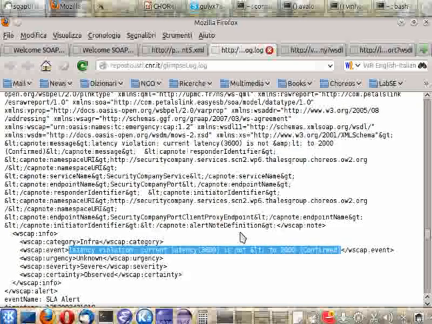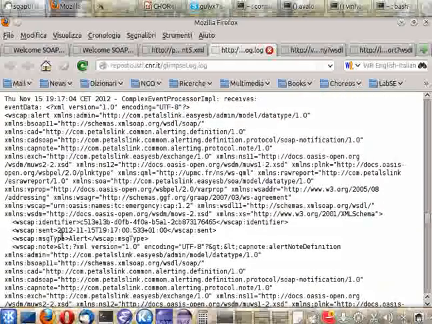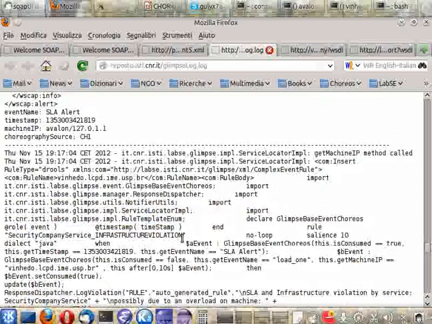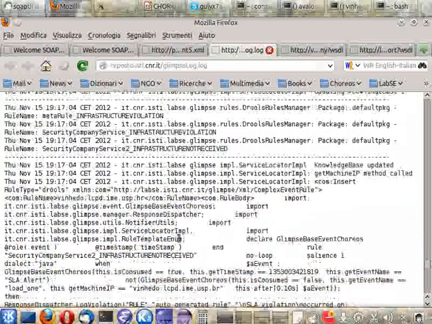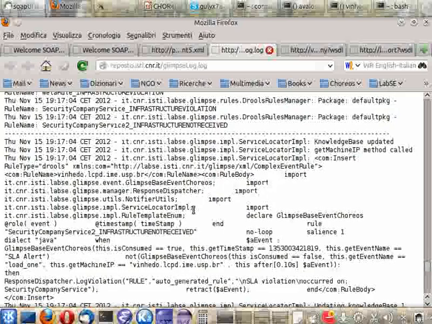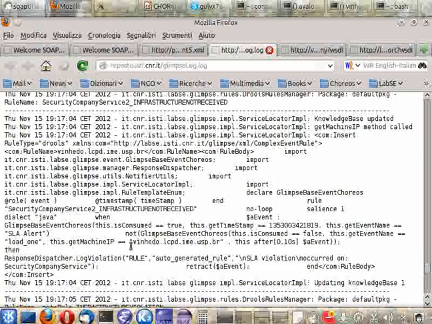And like we did in the previous sub scenario, the CP automatically generated some rules detecting if there were some messages coming from the machine.